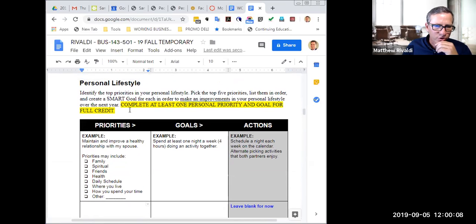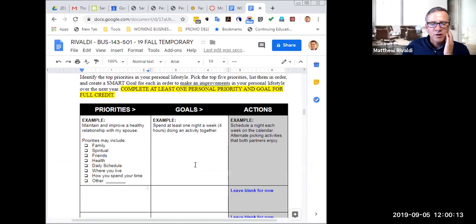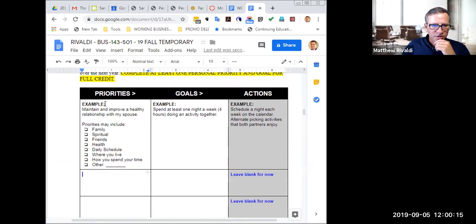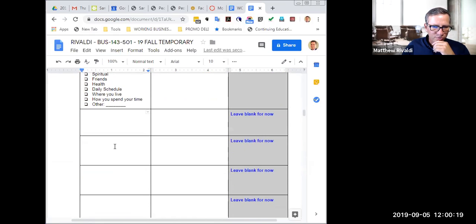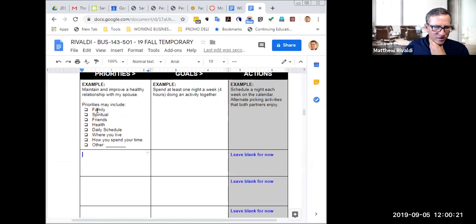It says, for your personal lifestyle, complete at least one personal priority and goal for full credit. So just click in the empty cell, and you can write one priority. So each of these should be 1. These are examples: family, spiritual, friends, health. So let's say you write,